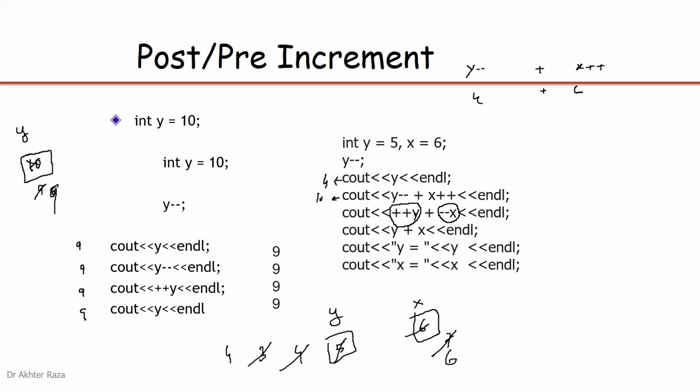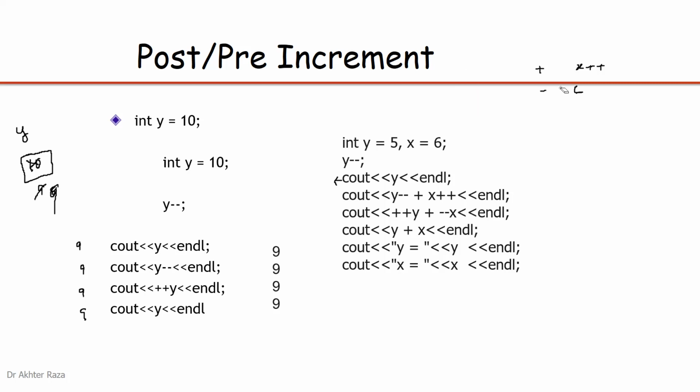So in the same way, the values of all of these 3 statements will be 10, and finally it shows x is equal to and y is equal to. The current values will be shown here in the last 2 statements along with the 2 labels. Y is equal to is a label, x is equal to is a label. A label will be shown as it is on the screen. So these are the outputs. Here the 4 is printed, the 10 is printed, the 10 is printed, the 10 is printed, the y is 4 and x is 6. So this is the output of this line.